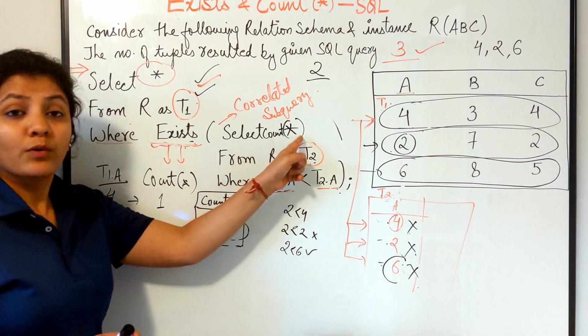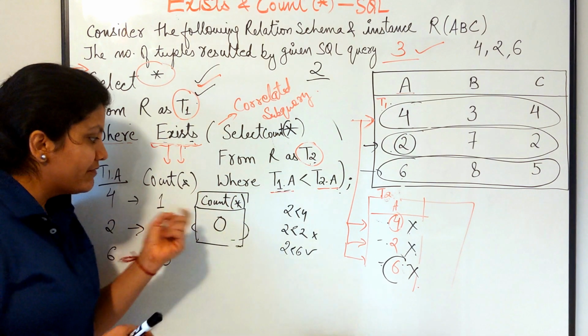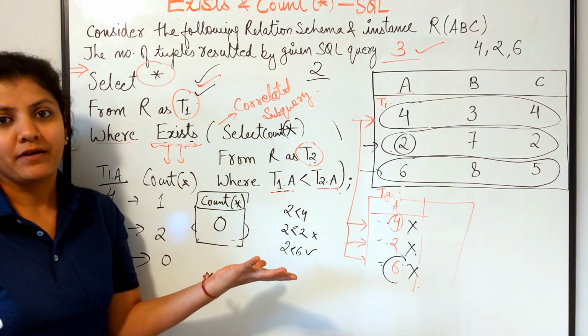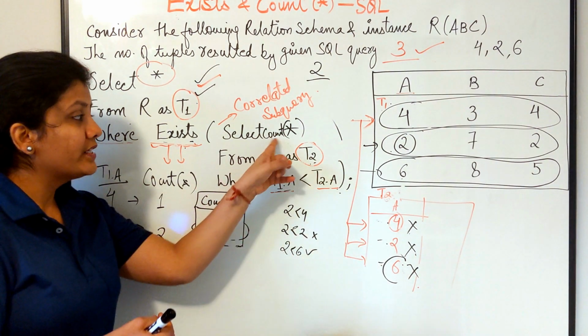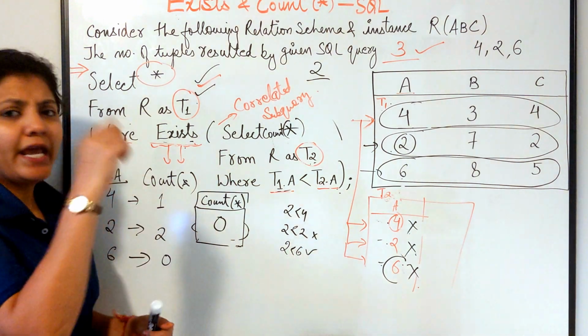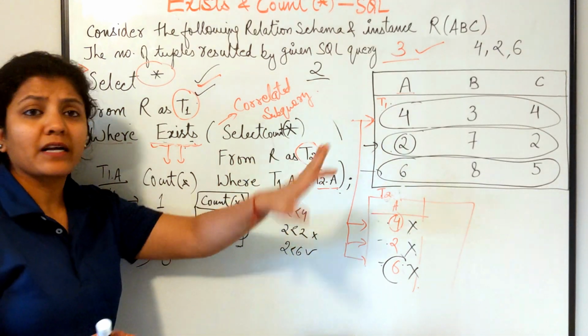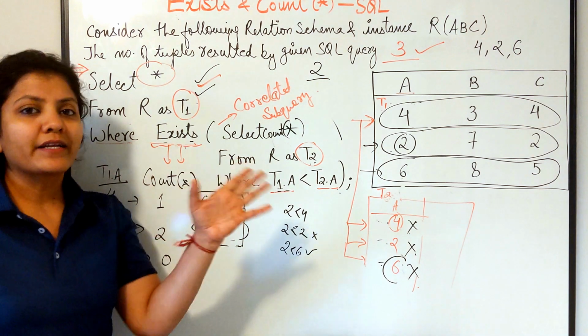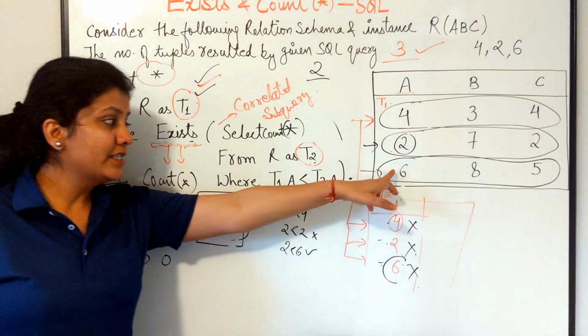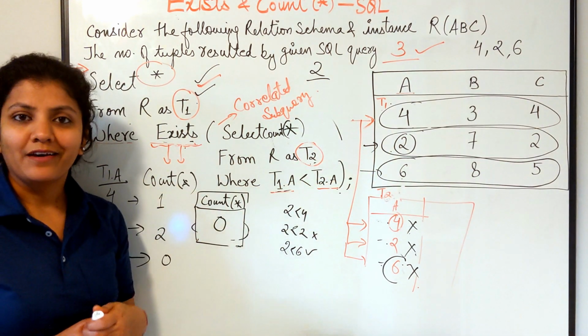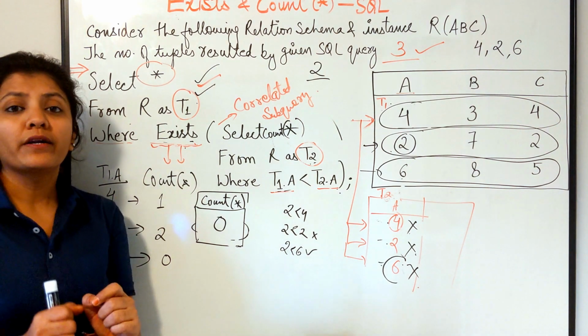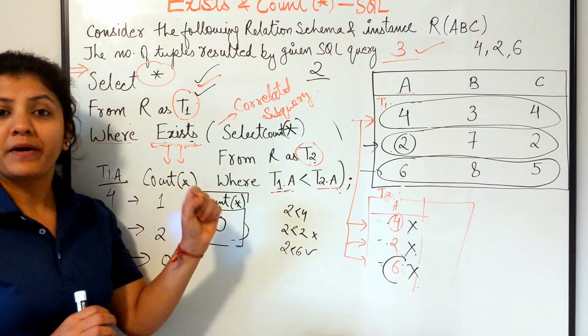But if it is count star again, even if it shows 0, it's a table. Correct? But if it is only star, or select A, B, or anything other than count star, in that case, it will not select either the 6th tuple or the null one. Alright, if you really want, you can just try that question out by yourself.